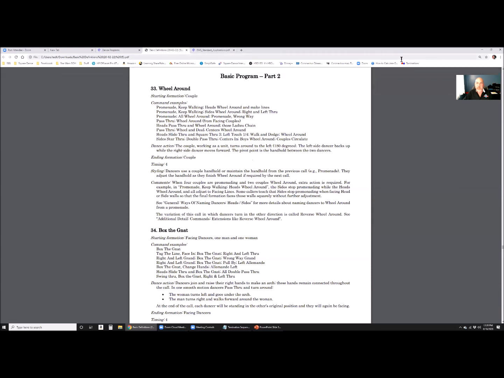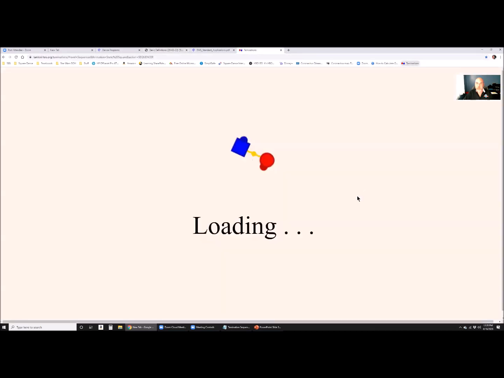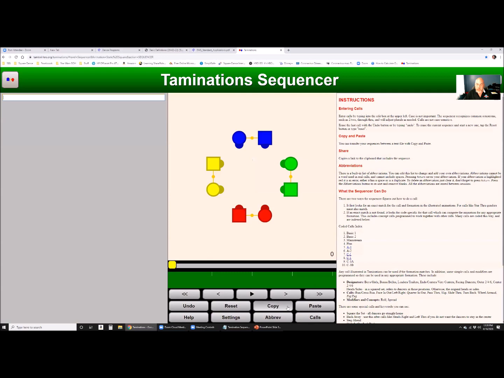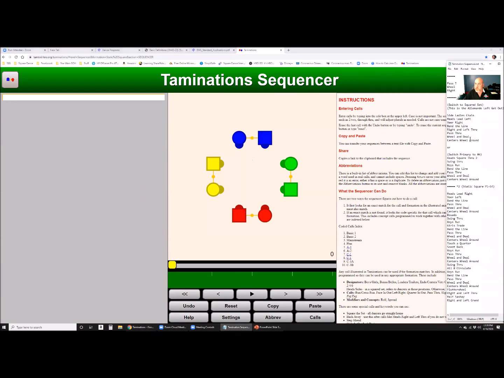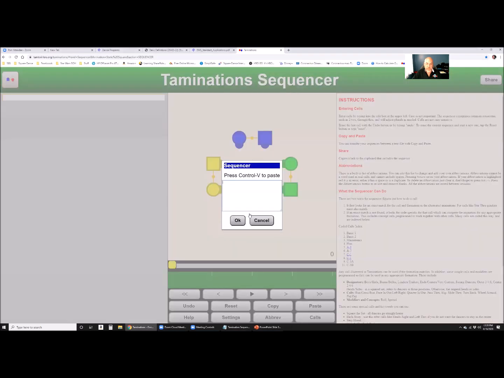That's not a problem. For those of you who haven't seen it, the other piece to the puzzle that we're going to play with today is, hold on, this one. All right, so we're going to take a look through some stuff here with Taminations Sequencer, so many thanks out to the Taminations people for this. We have some stuff over here that I need to move my picture so that I can get to. But we're going to try and take a look, and hopefully this works for us. So if you want to see the dance flow,